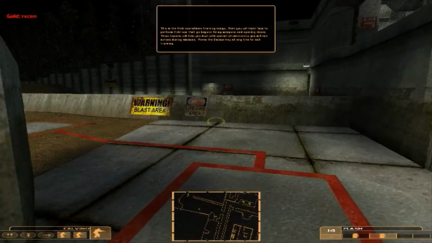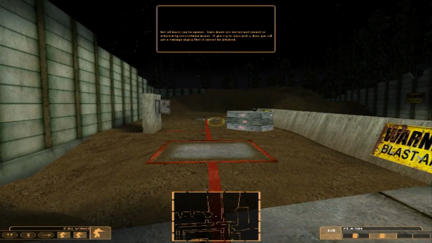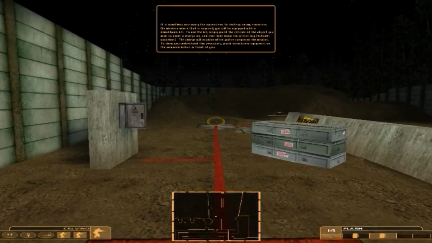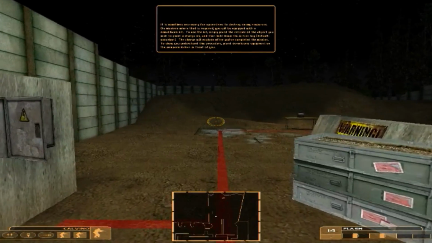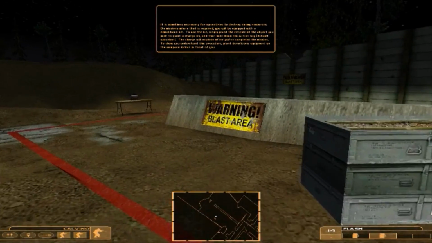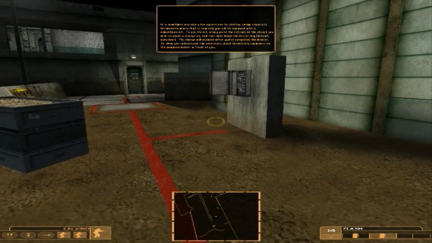This is the field operations training. Not all doors can be opened. Some doors are barred and cannot be unlocked by conventional means. It is sometimes necessary for operatives to destroy enemy resources. On missions where that is required, you will be equipped with a Demolitions Kit. To use the kit, simply point the reticule at...